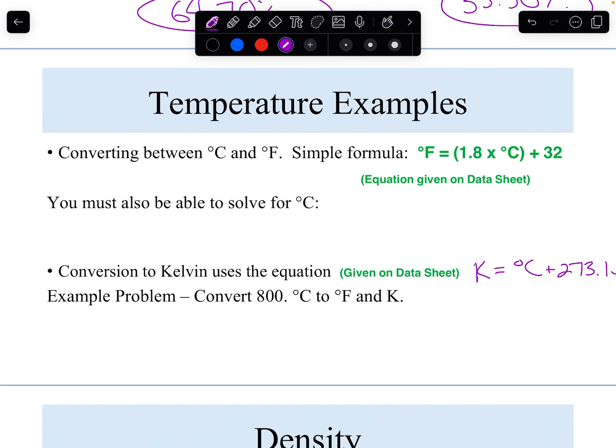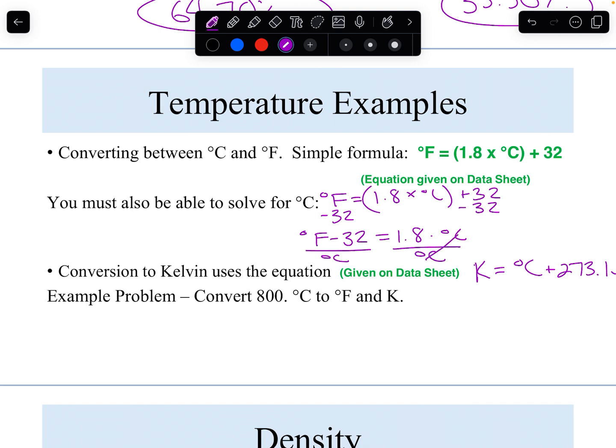Okay, so let's go ahead and practice solving for a different variable in a formula. When I'm given F equals 1.8 times degrees Celsius plus 32, the first thing I'm going to do is subtract 32 from both sides. F minus 32 equals 1.8 times degrees Celsius. Now I'm going to divide both sides by degrees Celsius. Cancel those out. So my rearranged equation, which you will have to know how to do if you prefer to do it this way, is